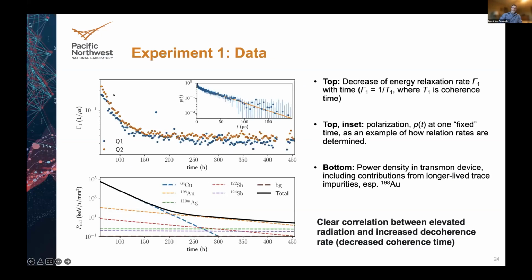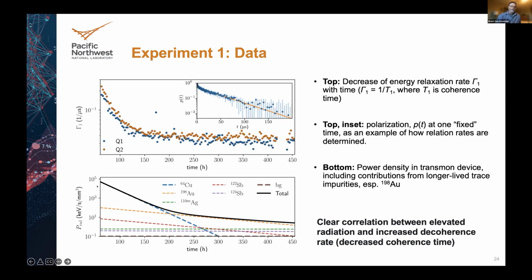And then in the data, I'm showing you the relaxation rate, which is 1 over the coherence time, over a period of almost 500 hours for which we monitored these qubits. You can see the blue and orange data from qubits 1 and 2 in the top plot. Remember that each one of these points is a composite measurement, and so the inset is showing you the underlying data that goes into one of those composite measurements. If you look very closely at that inset, you can see that super exponential uptick at the very short times, where we were clearly dominated by quasi-particles for a while.